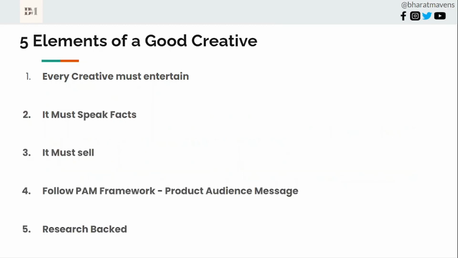Then, research back. Every element of a good creative must be research backed. Don't say that we need to test everything. Test everything is a wrong philosophy. You're just wasting money there. Instead, make it research backed. Find out any points where people are